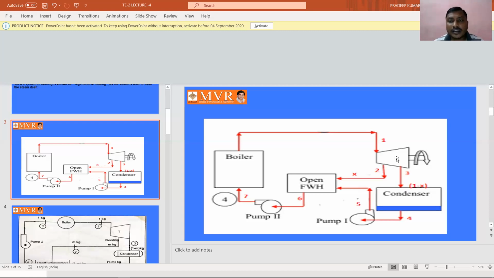Here the remaining superheated steam has been expanded and entered into the condenser, and by using this pump it enters into the feed water heater. And from the condenser, what water we are getting here, after heat rejection and after converting the steam into water, has been pumped to the boiler through the pump and by using the feed water